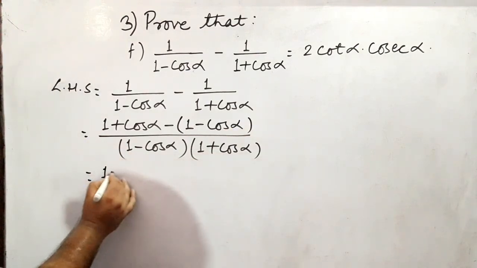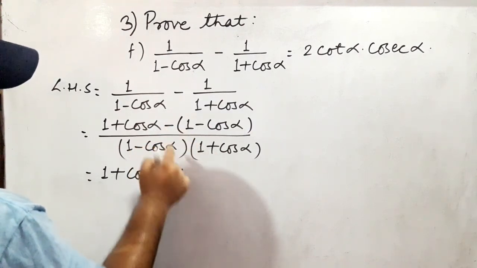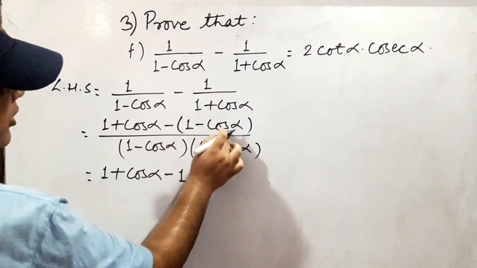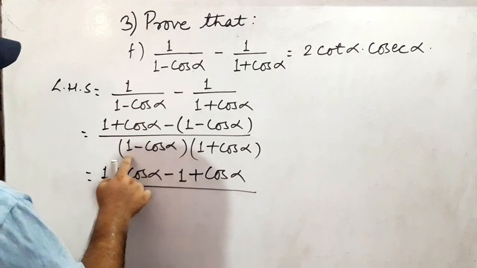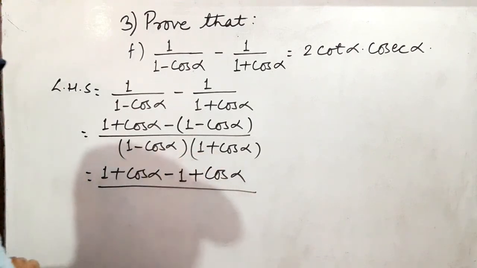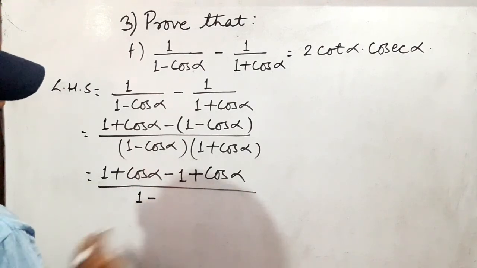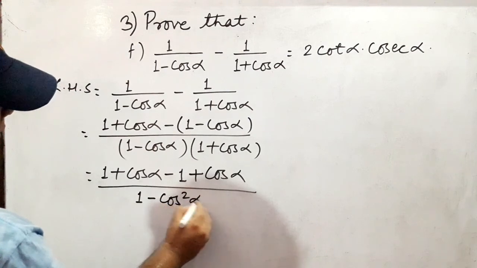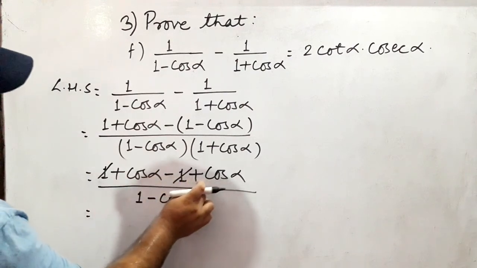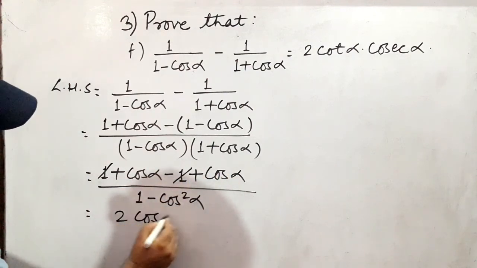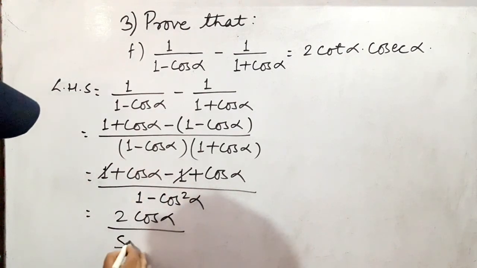equals 1 plus cos alpha minus 1, minus into minus plus cos alpha by 1 plus cos alpha into 1 minus cos alpha. They are in the form a plus b into a minus b. So a square minus b square, that is 1 square, which is 1, minus b square, that is cos square alpha, minus 1 plus 1, they get cancelled. So plus cos alpha, it will be 2 cos alpha by 1 minus cos square alpha, which is sin square alpha,